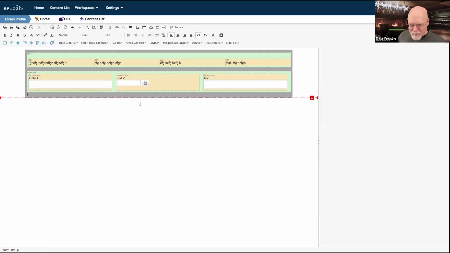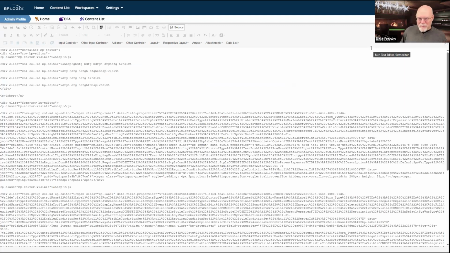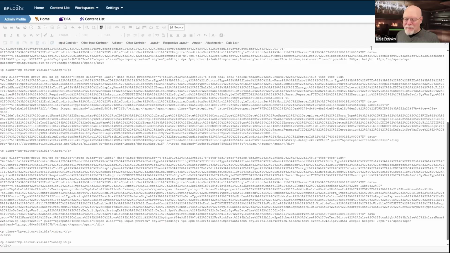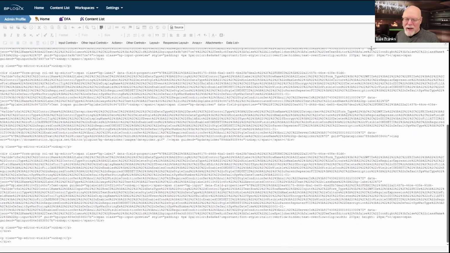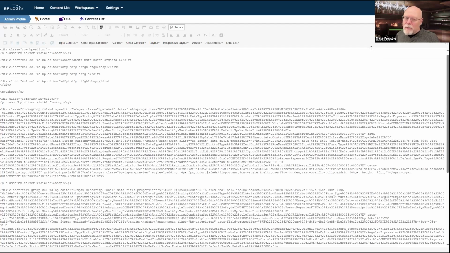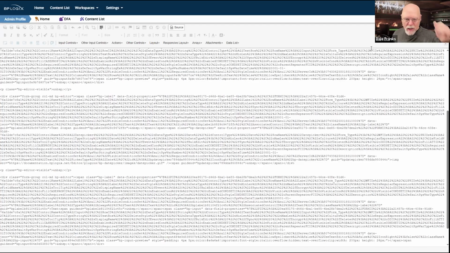Here's the reason now I've got some controls. I've got some text columns in here as well. So it's still a super simple form, at least it looks like it from here, until we hit the source control. Even with the form as simple as it is, putting controls on the form makes the HTML view much harder to understand. Now, all of my controls are still there.